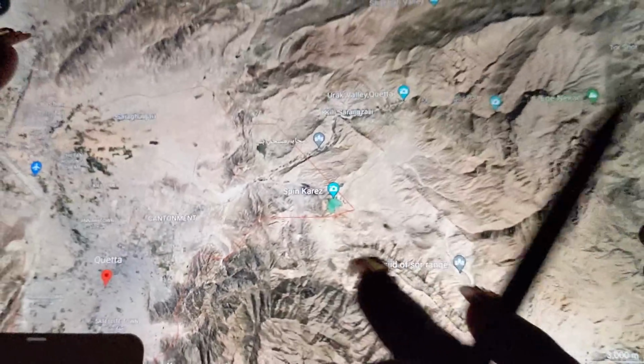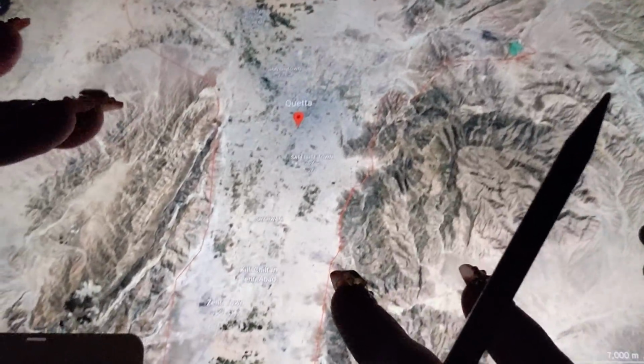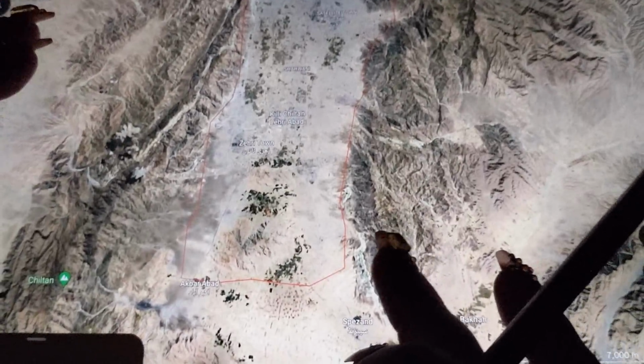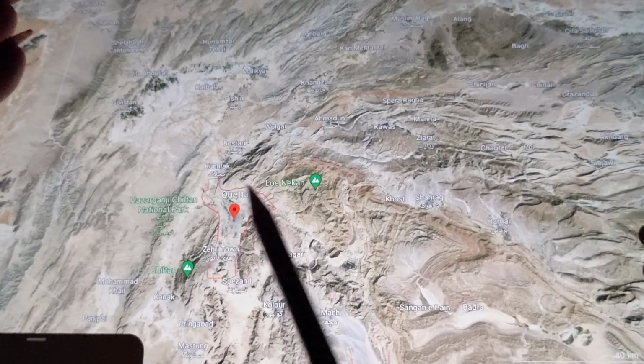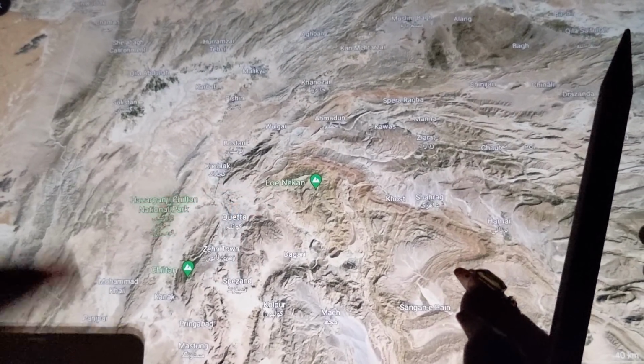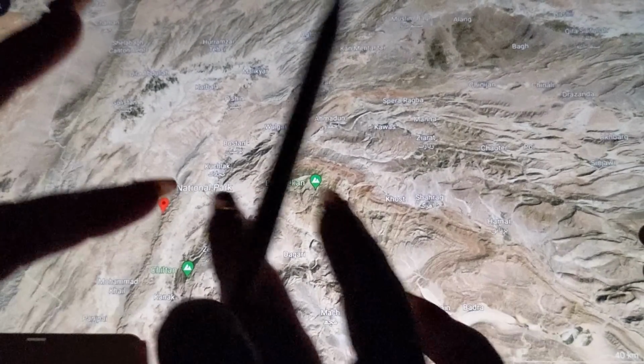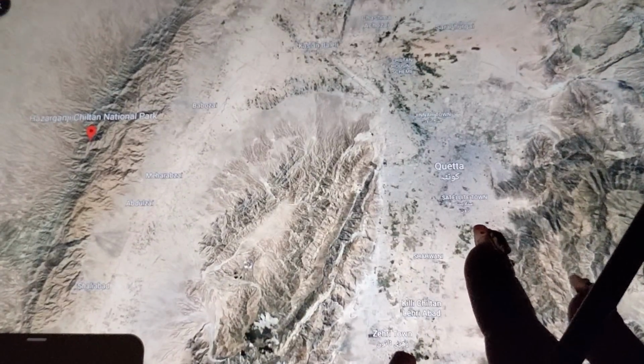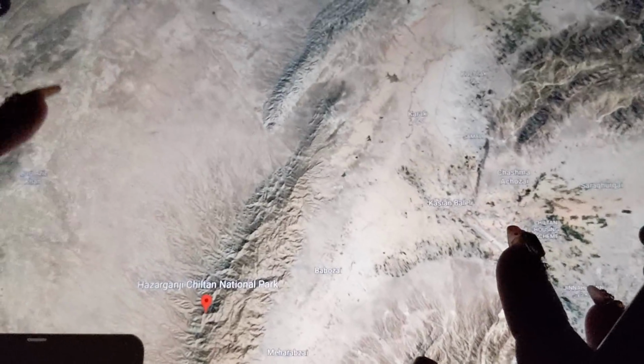Yeah, most of these slideshows are not that great. Look how large Quetta technically is. Oh, there's this beautiful park over here. Actually, I think there's a better slideshow. Maybe that is it. Oh, there's two slideshows in this national park.